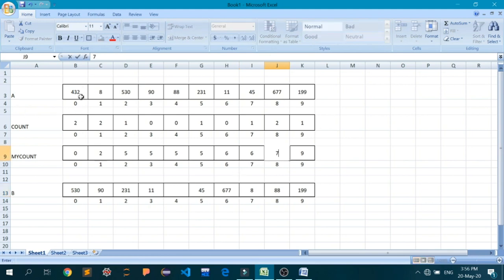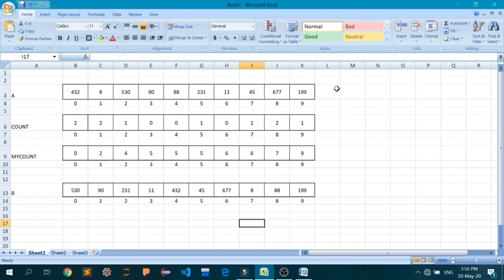Next I am at 432. Now 432 has 2 at the 1's place. I will go to index number 2. It has been written 5 here. 5 minus 1 is 4. At the 4th index of B, I will write 432, and I will reduce it to 4. Now this B is actually your A after one pass of the for loop.